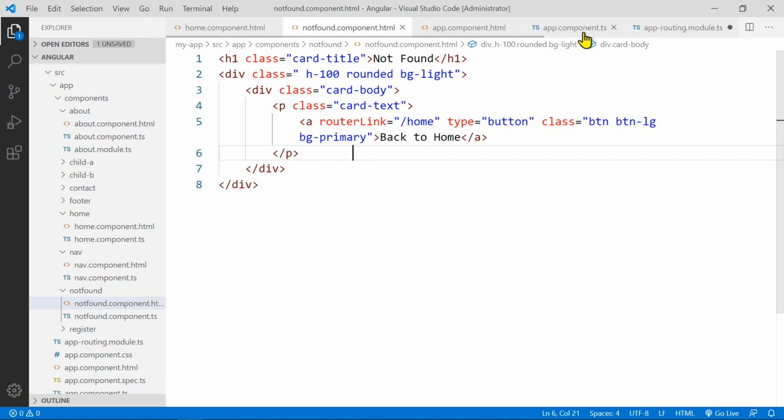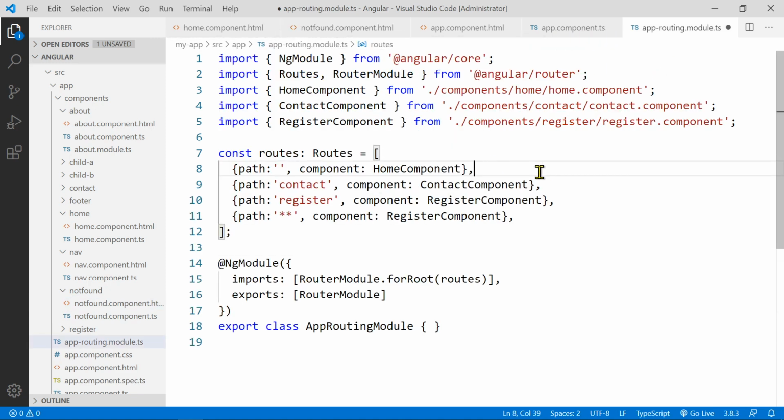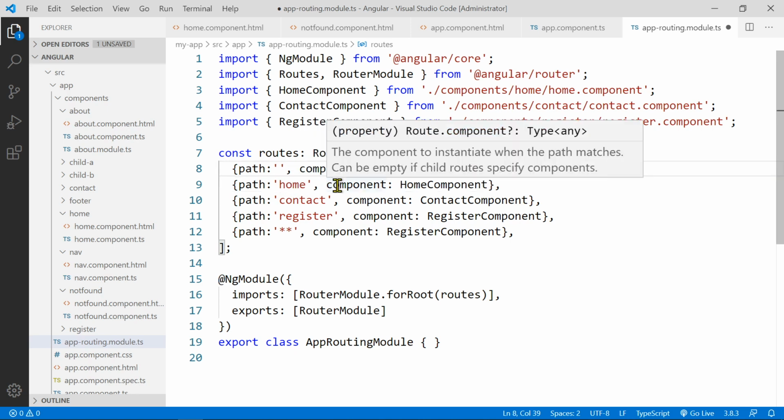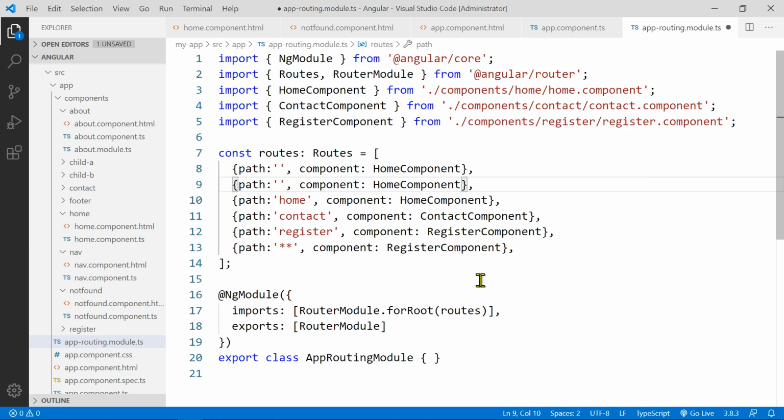So that means in the routes, I can add another route here to say this also goes to the home page, like that. So both of these can go to the home page. Another way is you can do a redirect, but we'll do that in a separate video. Well, I can add it here. If I have another route that matches this pattern, maybe I call it